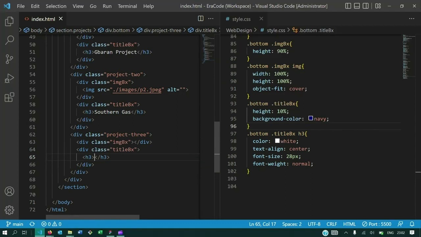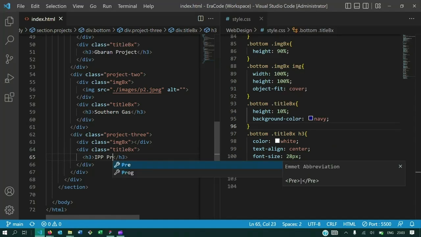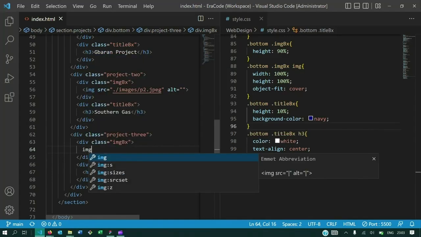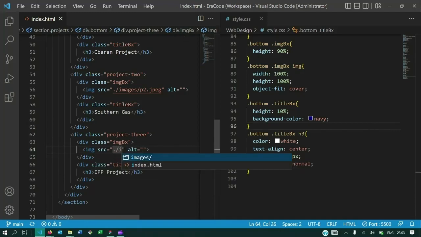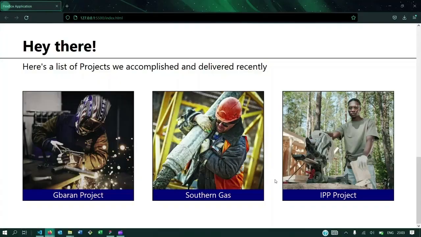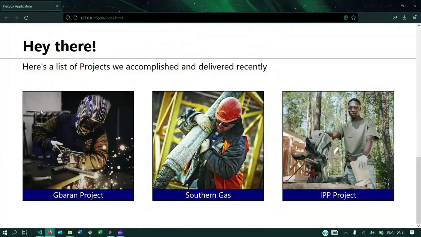Let's give it IPP project. Then image element with the source P3. Good. We now have 3 project divs, 3 project titles, and 3 project images. Simple. Easy peasy. With the output we have at this point, I dare say we've completed the project section,